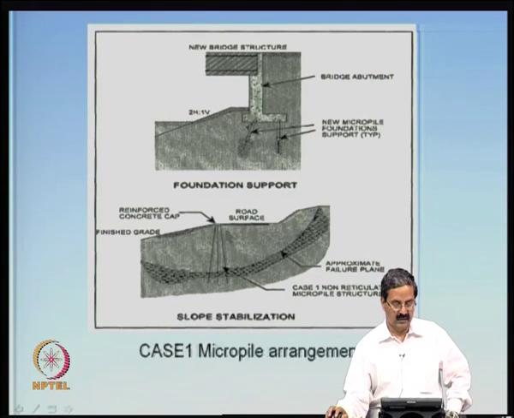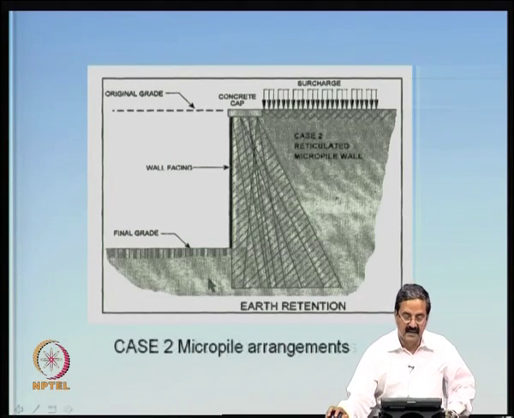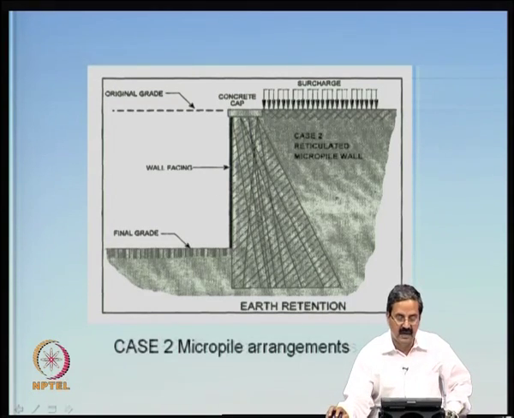So, all that load, the advantage is that you have constructed here, you do not want this slide to take place. So, you are trying to provide some sort of resistance in this manner. This is another classical example of how, instead of having a big retaining wall, you can have a number of piles which are easy to install, and they can take care of the surcharge as well as the earth pressure. There is a very minimal wall facing here, a thin facing. What we did was put a lot of reinforcement elements in this vertical direction, and that can act as a very good retention system instead of the regular retaining wall.